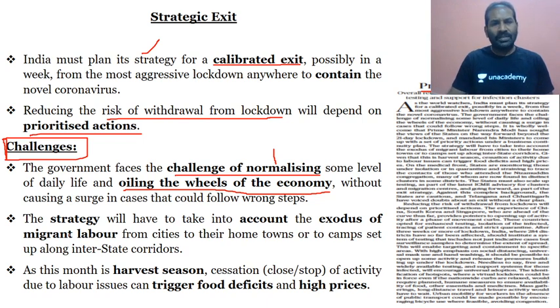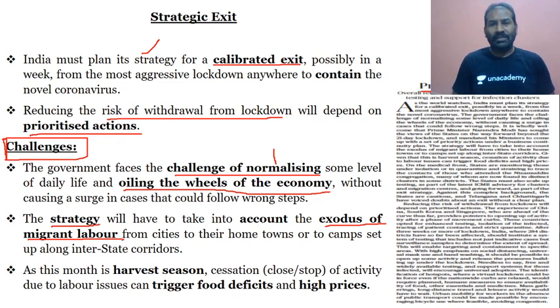And the second one is in regards to the challenges we have seen. The strategy will definitely have to look into the exodus of migrant workers. So this is very important. That means the kind of migration that is happening by the migrant laborers because of the national lockdown. And once the national lockdown is lifted, that is again a problem. Now, if the national lockdown is lifted or exited, then again the